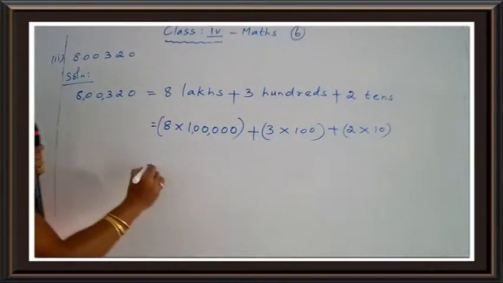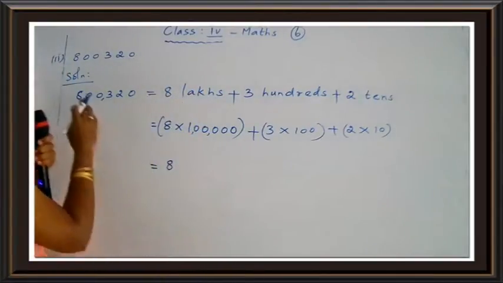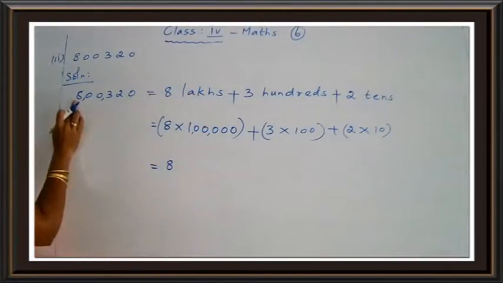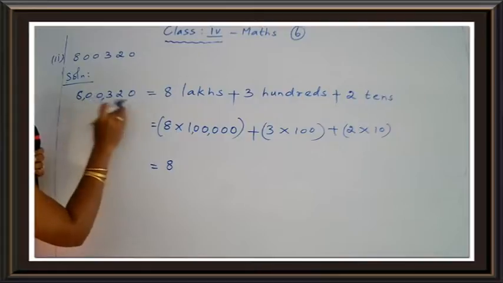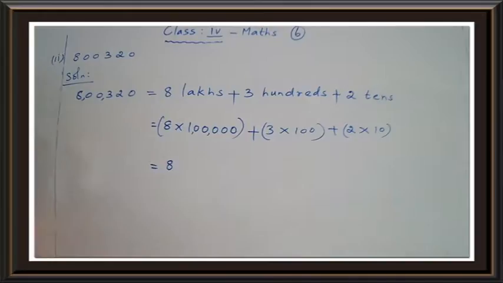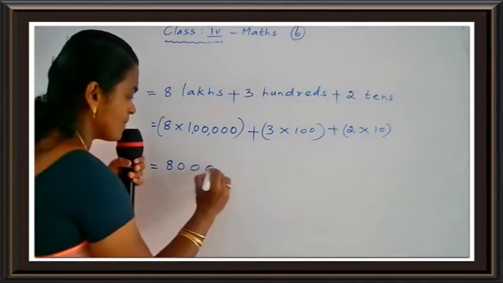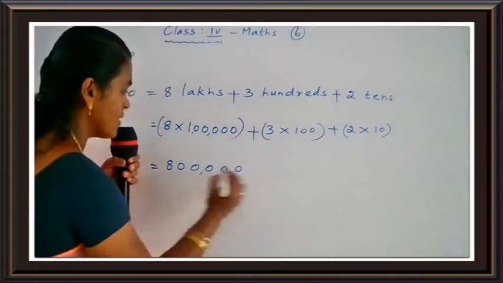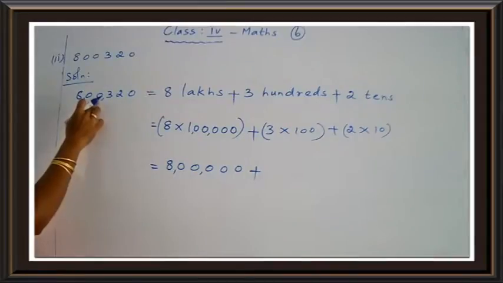Okay, so 8 lakhs. So 8, first digit, what is the place value? 8 lakhs. So now you see what the place value is in numerals, okay? 8, then you count the remaining digits. 1, 2, 3, 4, 5. So you put 5 zeros. So 1 lakh has how many zeros? 5 zeros. So 8 lakh. Okay, so 8 lakh plus 0. So leave it. Next, thousands place 0, leave it.